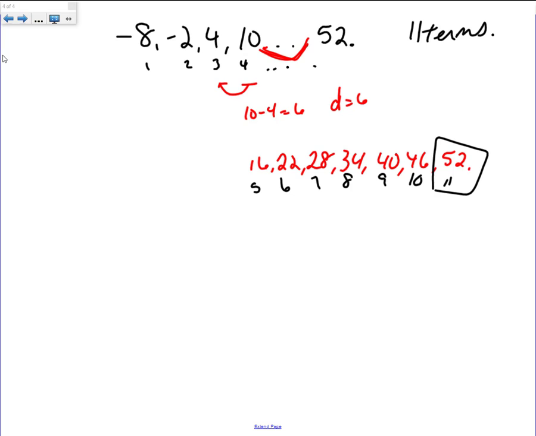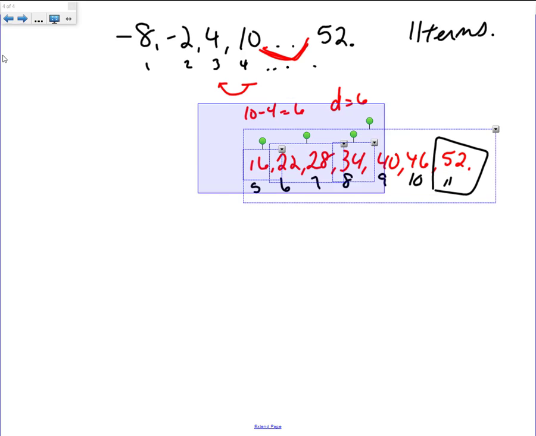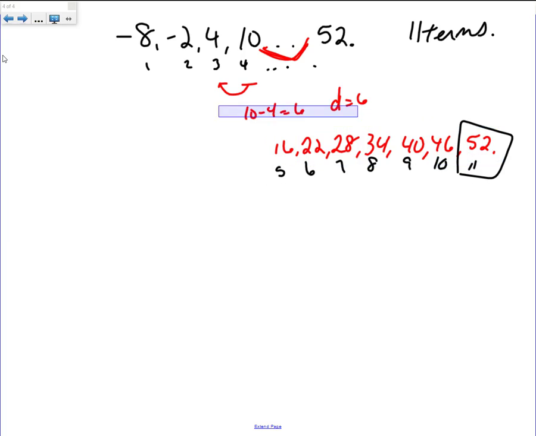So it's the 11 terms in the sequence, because that's what they're asking you. How many terms are in the sequence? Well, we're finding that 52 is the 11th term. That means there's 11 terms in the entire sequence. So with that being said, we are going to,